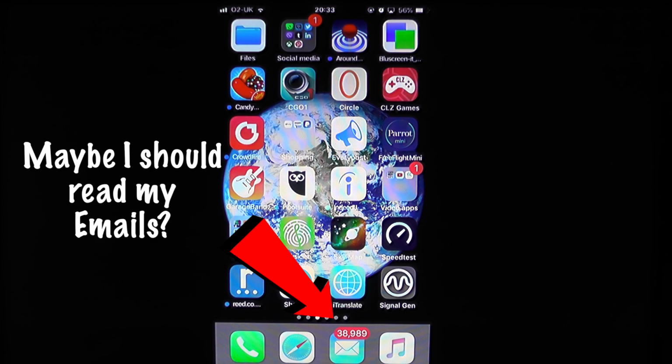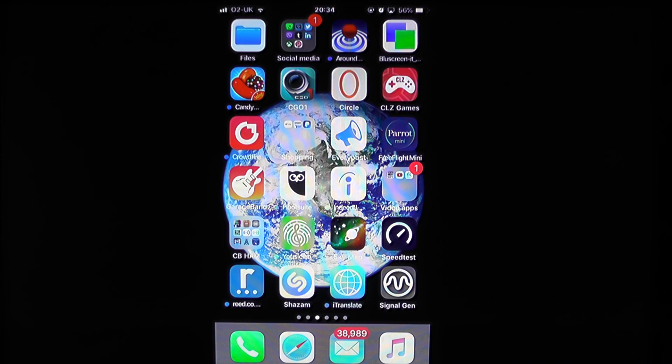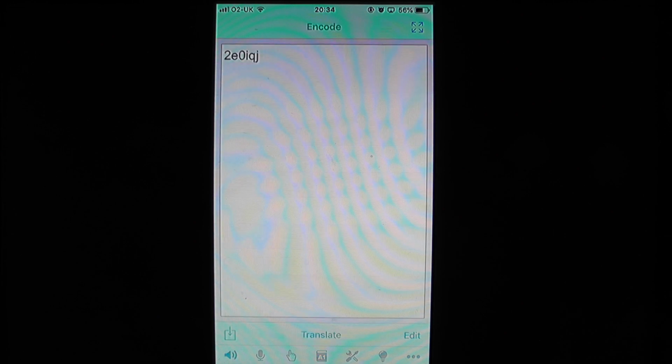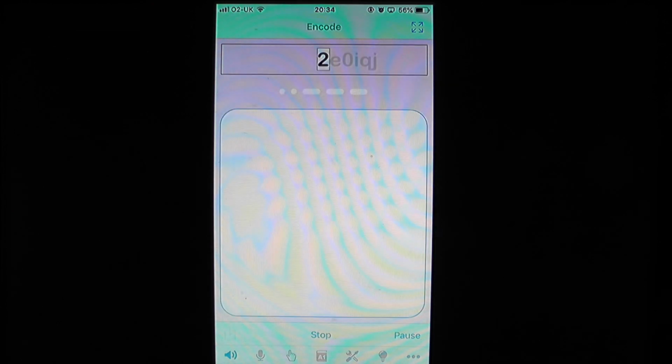So these are the apps I use on my iPhone with ham radio. The first one we're going to look at is Morse It, and that's from Icom. This is a paid app, about 69p or 50p or something. I can't remember what I paid for it. We can encode some Morse, so we can type in some text on the screen, which I've done, and we can translate it,